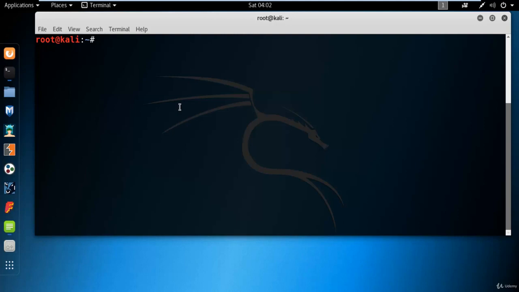Now it's fine. So for example, my name is Sunil, S-U-N-I-L, and I want to create all the permutation combinations of my name. So how can we do that? We can do this by using the crunch command. Let me show you how. You can simply type crunch, then the minimum characters, for example 1, the maximum characters, 5, then the pattern, which means the string. So for example, this is the string, and where you want to save the file, -o